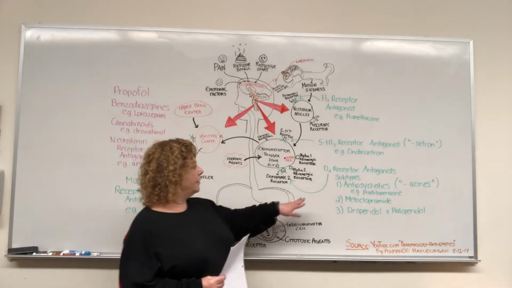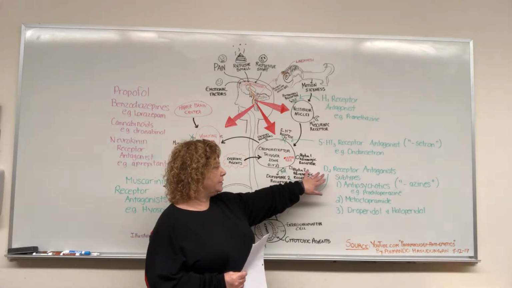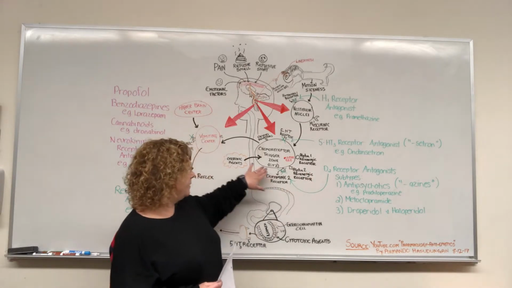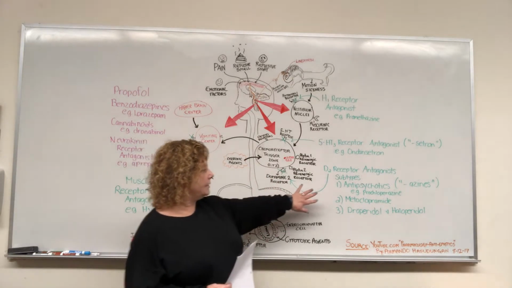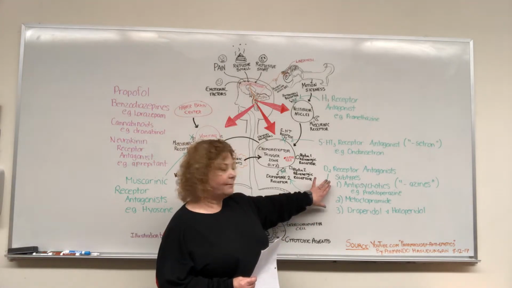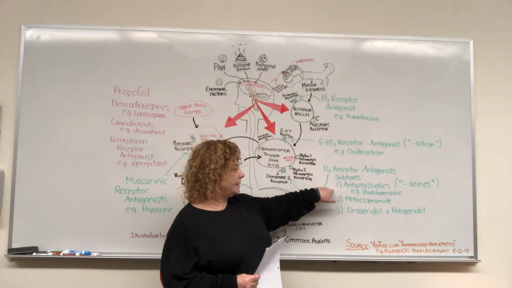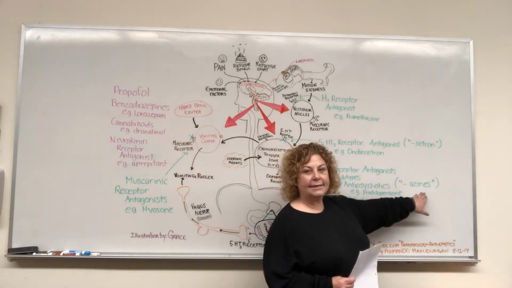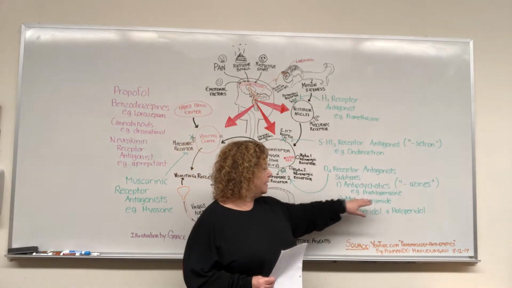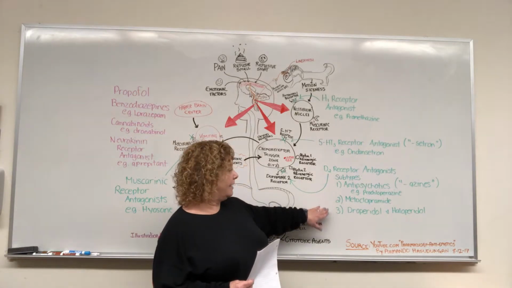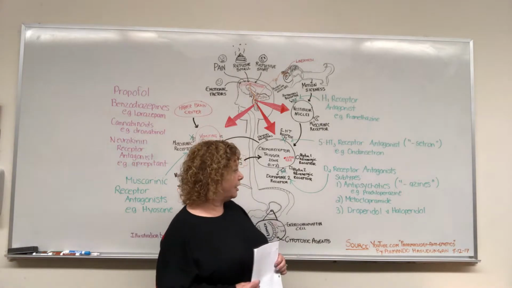The next class of drugs, I should say, are the D2 dopamine 2 receptor antagonists, and they bind to the dopamine receptors to block their action. And there are 3 subtypes, and interestingly, 2 of them are antipsychotic medications. The first one are the true antipsychotics, which are drugs ending in azine. An example of that is prochlorperazine, and then also metoclopramide, and finally droperidol and haloperidol. So all of these drugs can actually cross the blood-brain barrier